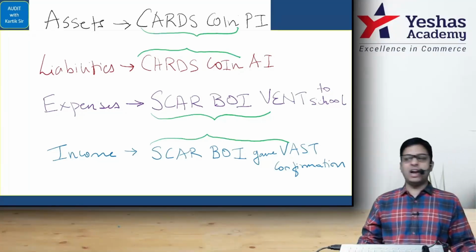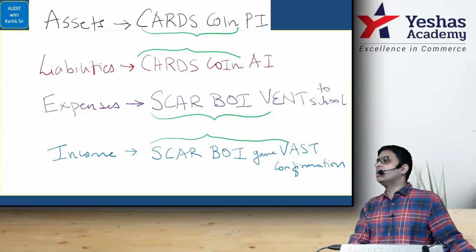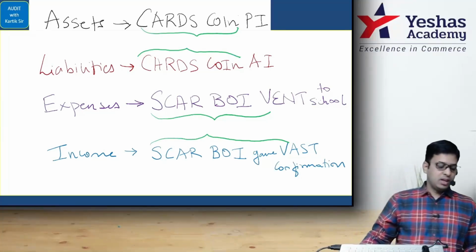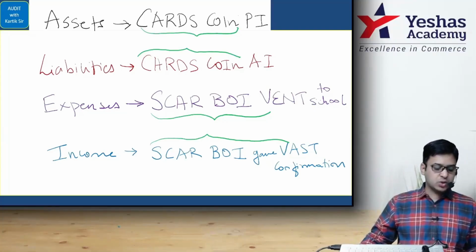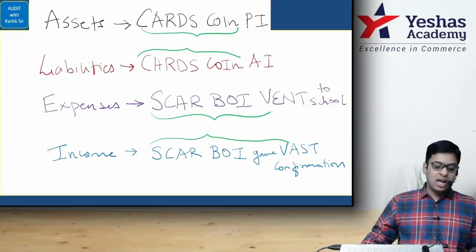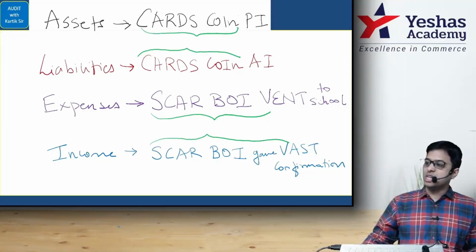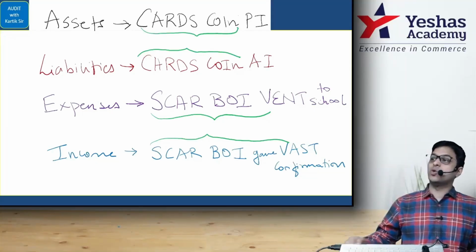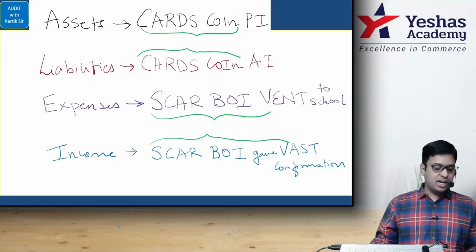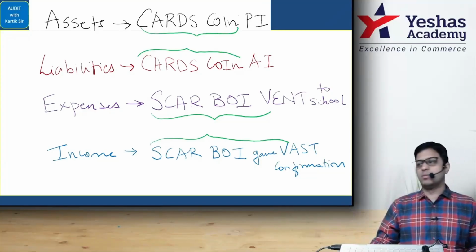Point number 3, analytical procedure. Standard number 520, right? He performed trend analysis, ratio analysis to identify unusual fluctuations or patterns in their expense account. See again, almost same wordings like we saw earlier, but now it's catered towards expenses. Compare current year expenses with prior periods and budgeted amounts.